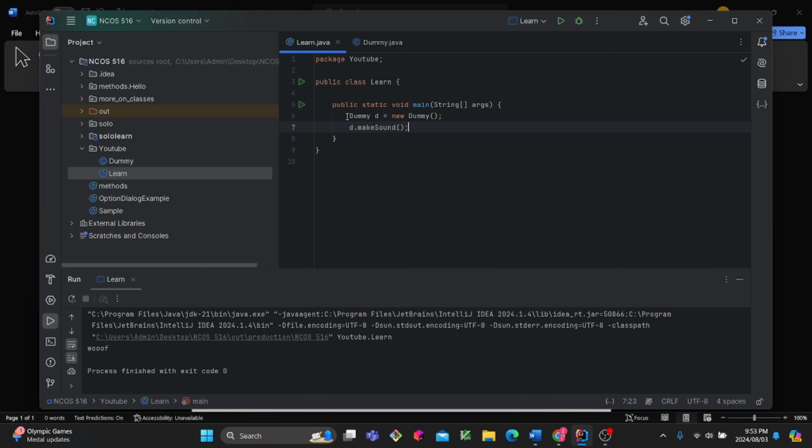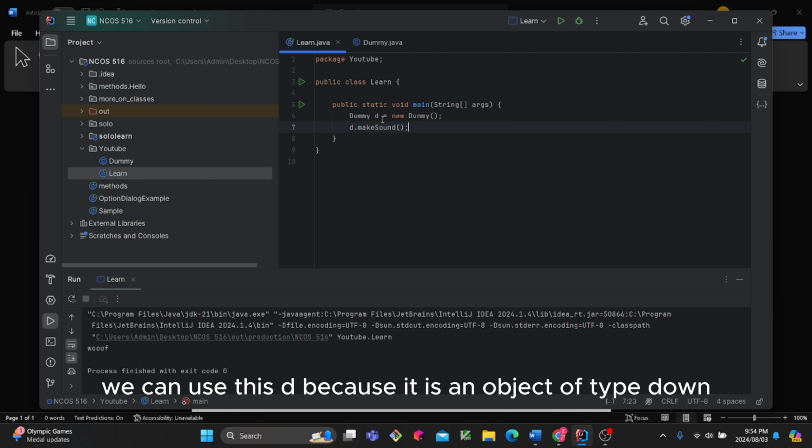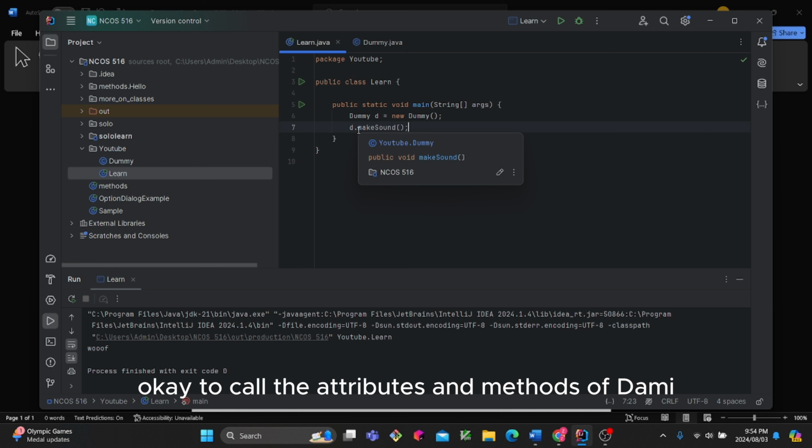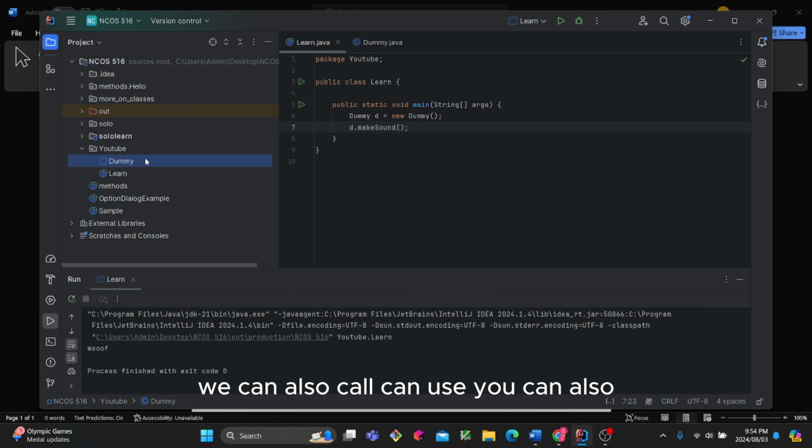Now d here is an object of type Dummy. Thus we can use this d, because it is an object of type Dummy. We can use the d dot to call the attributes and methods of Dummy. We can also call,